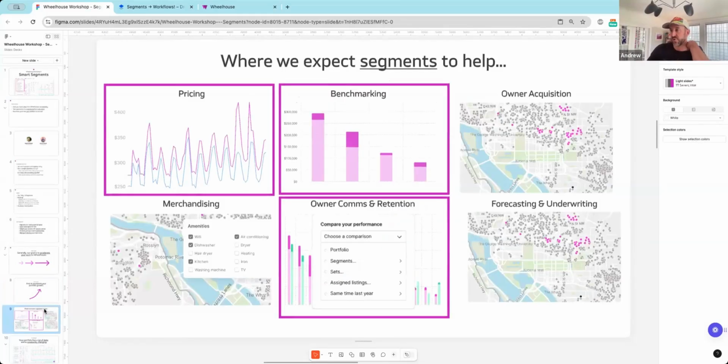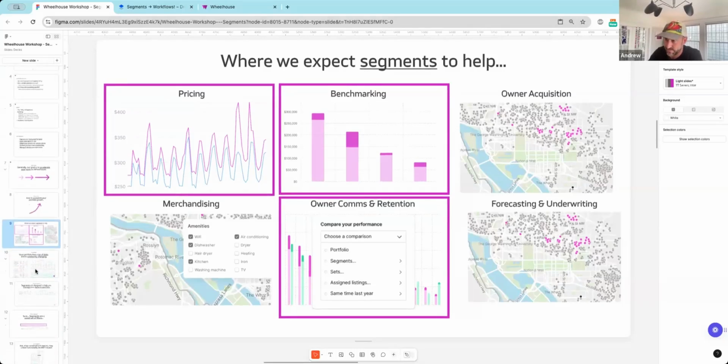And when we think about the broader value prop that Wheelhouse has started to tip into with dynamic sets, we think of segments as helping you, yes, on the pricing strategy, yes, on benchmarking, understanding how your portfolio is performing, and definitely on the owner comps and retention. There are some other parts as well, but that's probably what we'll get to today.